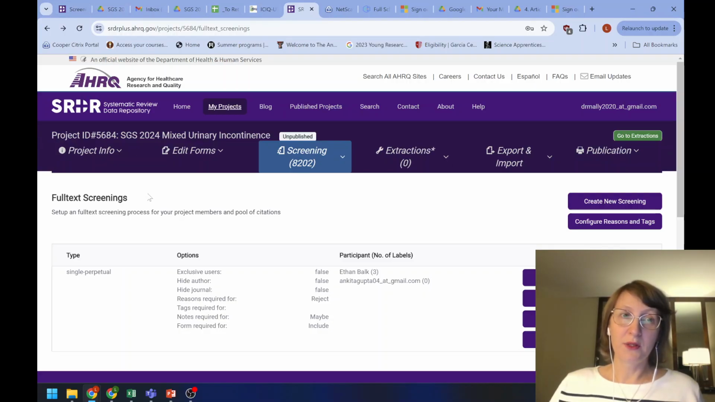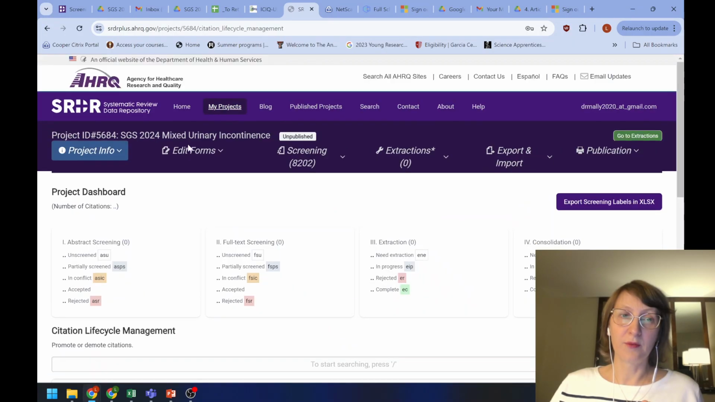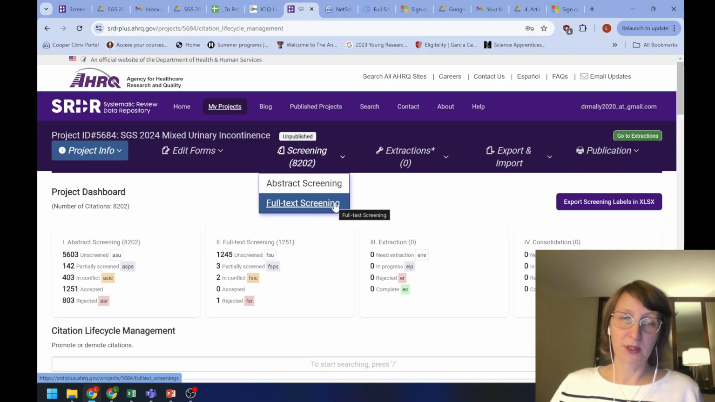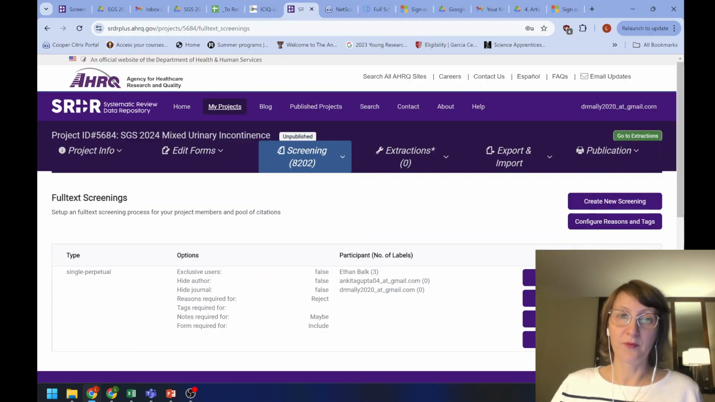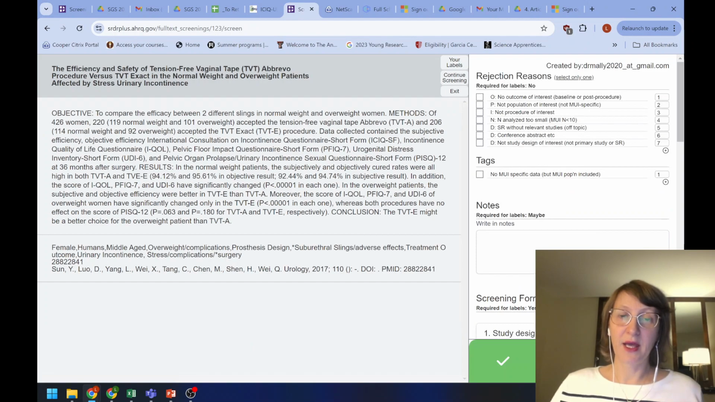The way you would go is you would log in how you did it in the past. You go and you get your mixed urinary projects, and you go to the screening still. There is a full text screening button here. So instead of picking abstract screening, you will go to full text, and that will bring you to this page. So you're going to push continue screening. And this time you will see the abstract to the left, but there will be an information collection box on our right. And at this point, when you have an abstract, you would actually still need to go back